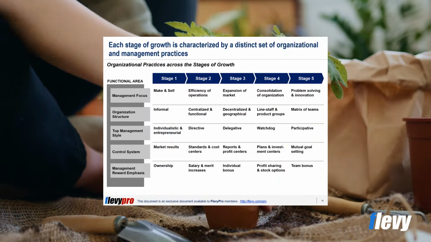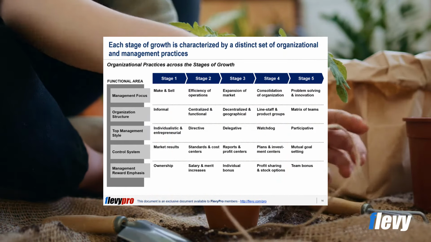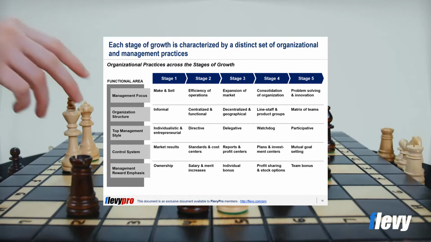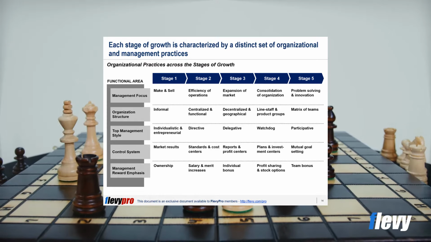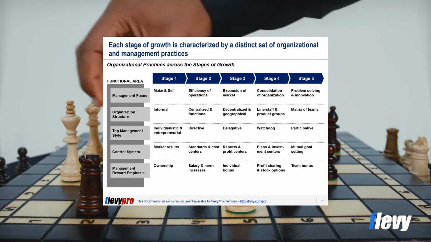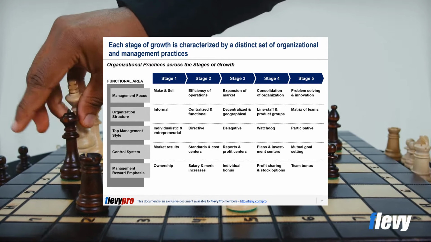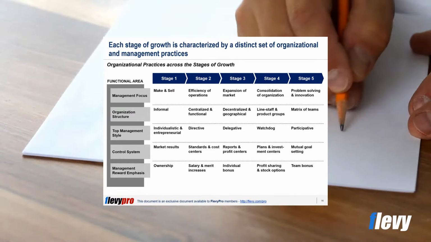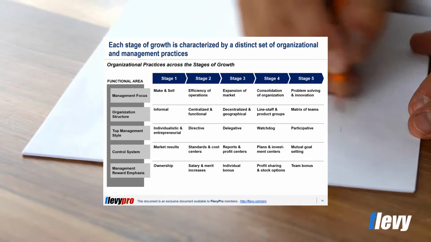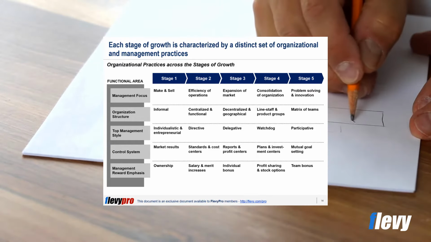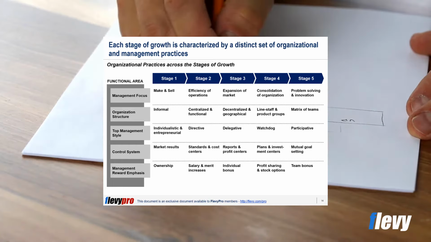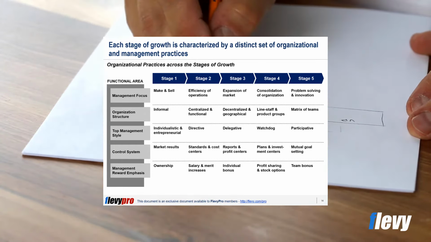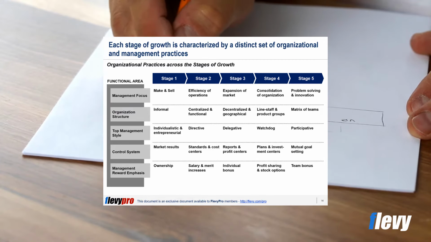This PowerPoint slide provides a great snapshot of how each stage of growth maturity differs, based on various organizational practices, for example, strategic focus, management style, organizational structure, etc. From this, we can see clearly how the same strategies and management approaches cannot be easily applied from one stage to the next. Having a clear understanding of these nuances at each stage is critical to strategy development and for anticipating growing pains. Let's delve a bit deeper into each stage.